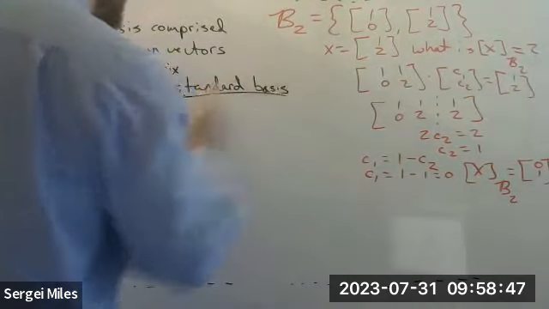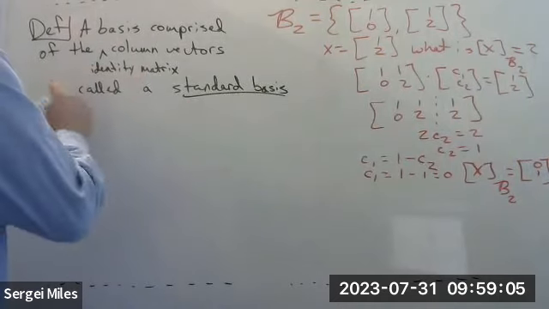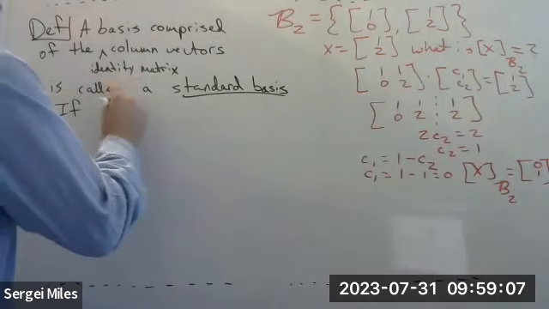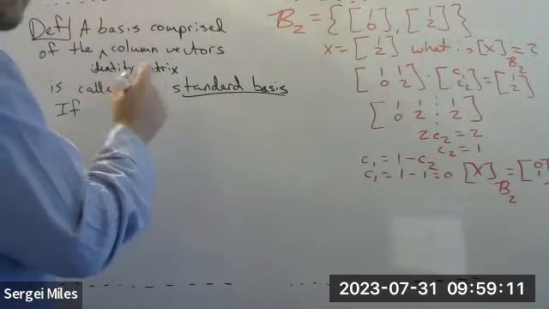Why is it called standard? Because that's the basis you first learn in elementary school. This is the basis you learn for how to graph things, how to plot points on the XY plane. This is the basis that is most intuitive, that is the easiest for plotting points without having to think too much about it, right? Now, if we let the Greek letter epsilon be a standard basis,